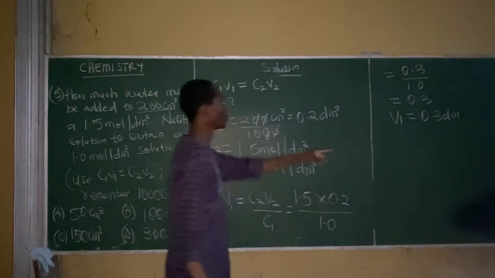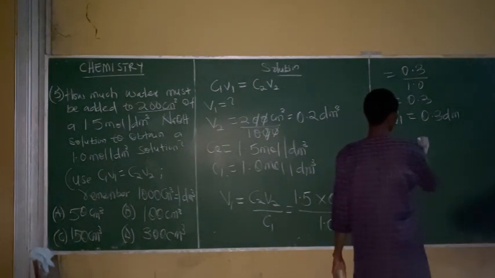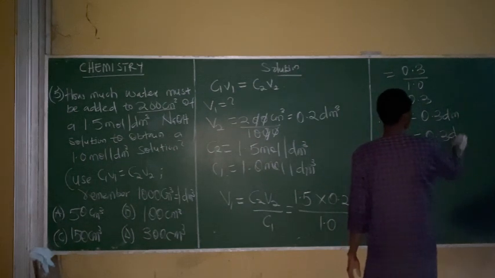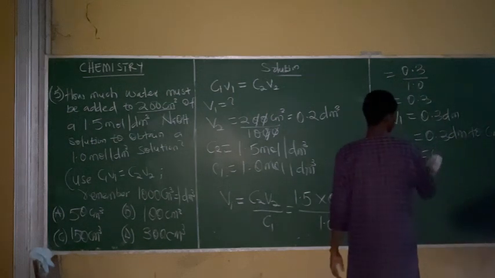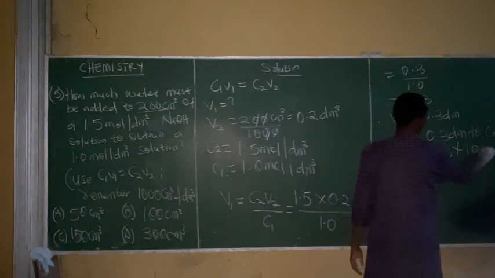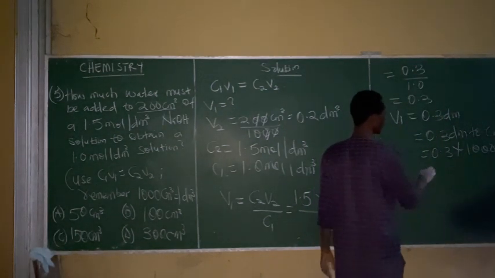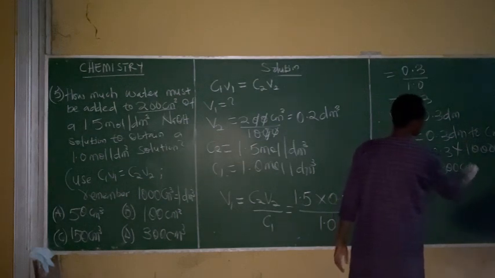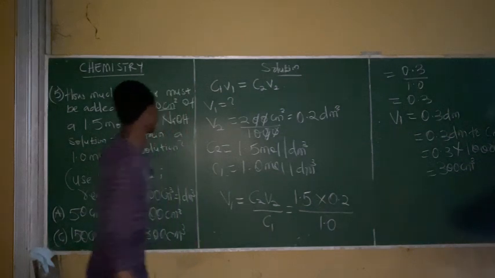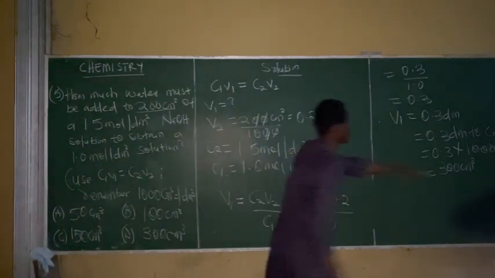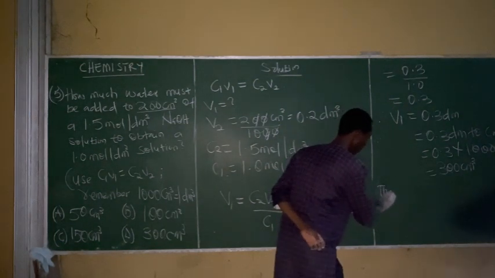Now, let's convert from dm cube to cm cube. Converting from dm cube to cm cube, we multiply by 1000. So we have that 0.3 dm cube to cm cube is 0.3 times 1000 cm cube. This will give us 300 cm cube. Now the question says how much water must be added to 200 cm cube. We have 300 cm cube. So the amount of water to be added